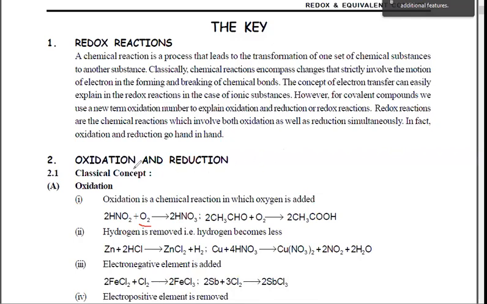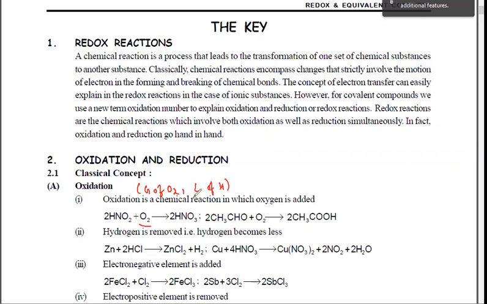So when you talk about the classical concept that we have studied till class 10th, oxidation means gain of oxygen or loss of hydrogen, right? This is what we have studied. Yes or no? Tell me,